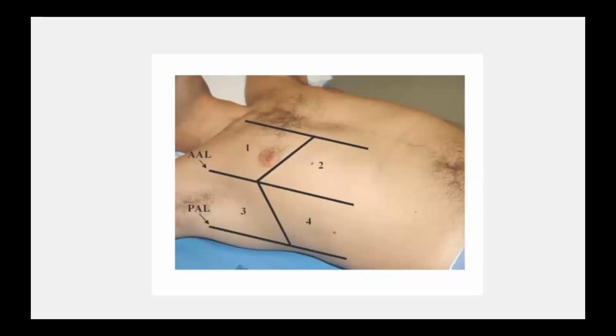So in terms of the scanning protocol, what we like to use in the ER, which is pretty easy to reproduce, is dividing your lung into different zones. You can see on this figure here, if you have your midclavicular line up here and then your axillary lines, it divides your lung into 4 different zones on the right side, similarly 4 different zones on the left side. And we prefer this because it's easy